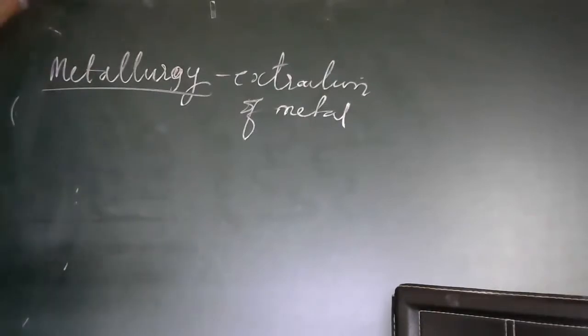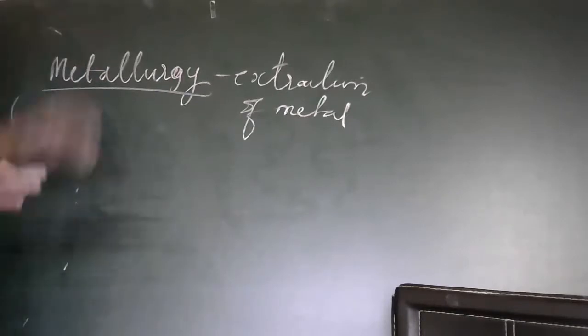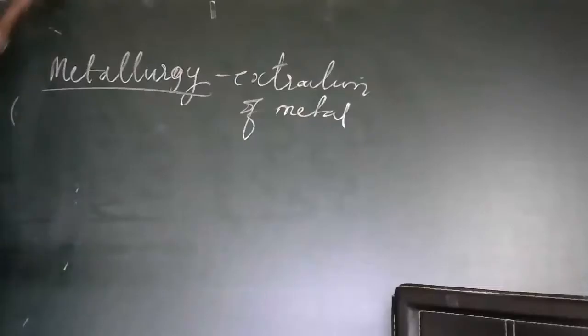During the extraction, metals have different impurities. Those impurities will be removed. If we remove 100% of the impurities, then it is called pure metal. Like that, purity will be there. If you take gold also, there are 22 carat, 18 carat, 24 carat. There copper is mixed in the gold. So that is the purity.